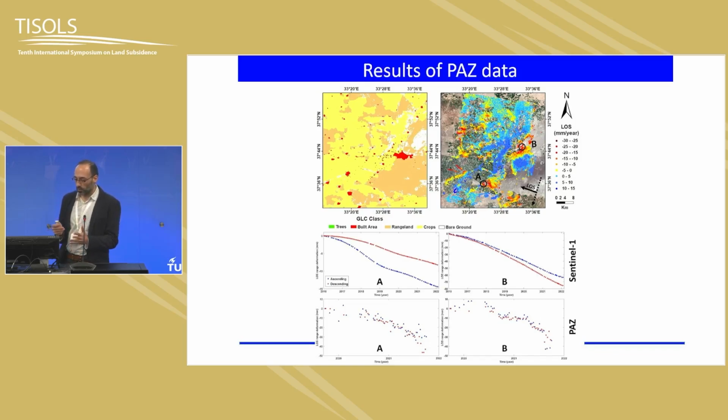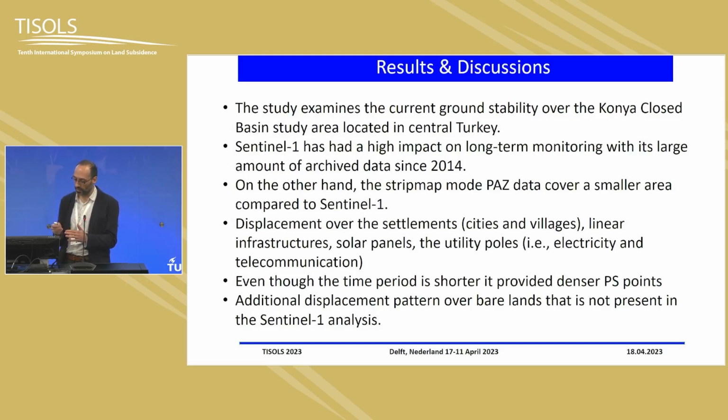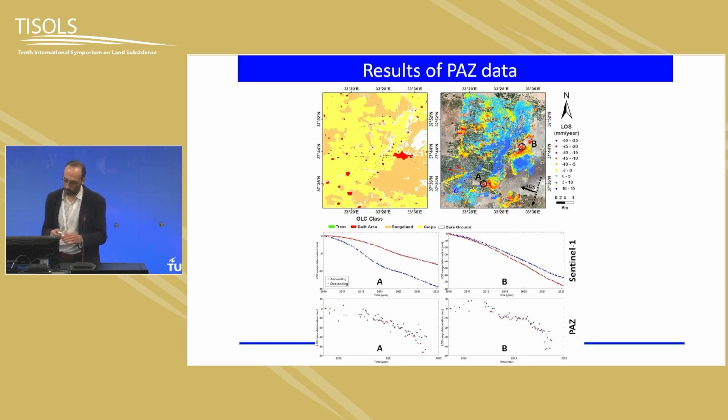For the two locations, we compared the time series of Sentinel ascending, descending, and also PAZ data. They are showing a similar trend for these two locations, A and B. So PAZ also has some noise compared to Sentinel-1. The dataset is not as dense as Sentinel-1, so the standard deviation of the results is also a bit high, 2.5 millimeters per year for PAZ